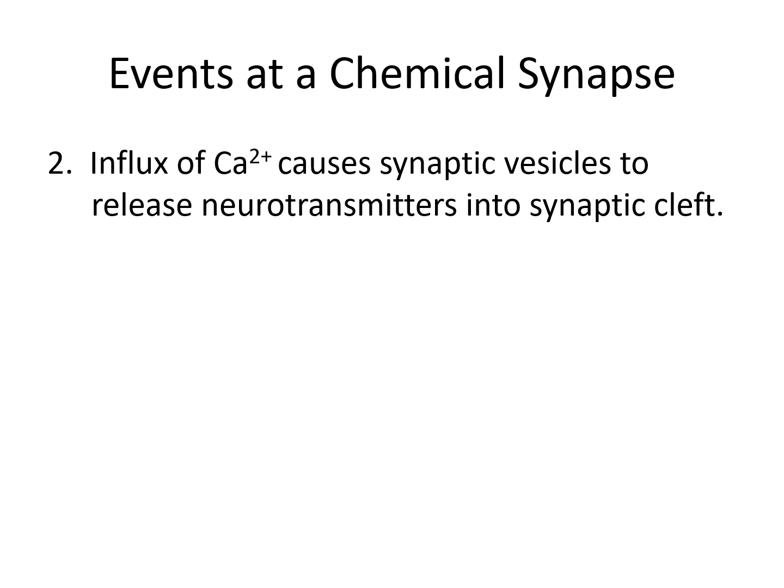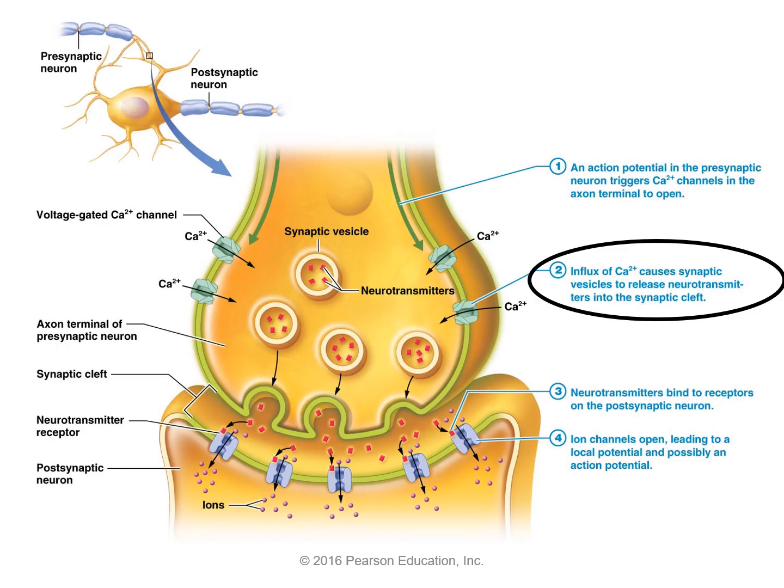Now, what happens to the calcium that enters the cell? Well, what it does is it causes the release of neurotransmitters into the synaptic cleft. What it causes is a calcium-dependent exocytosis of neurotransmitters that are now released from the presynaptic terminal. We'll say it one more time. It's a calcium-dependent exocytosis of